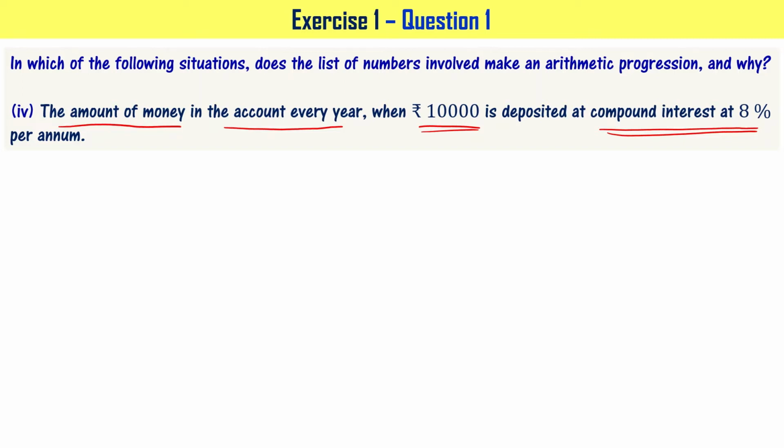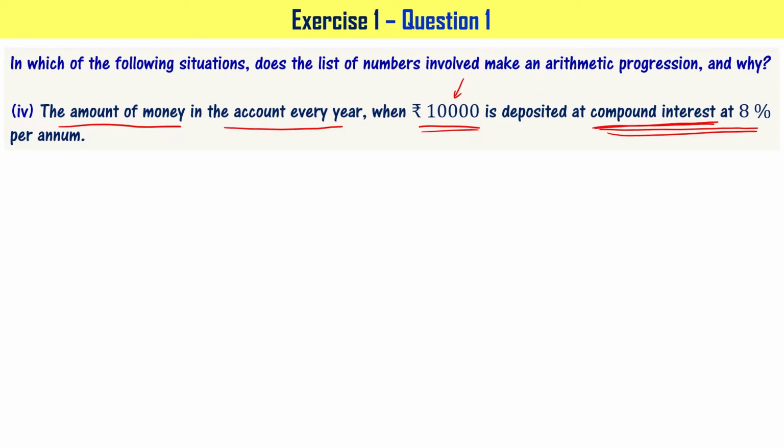For the first year, the principal is 10,000. For the next year, it is going to be 10,000 plus whatever interest you have accumulated within the first year. The total is going to be your principal amount. Such an interest calculation method is called the compound interest method. Okay. Let's take a look at this.